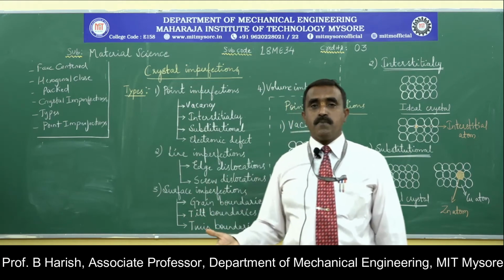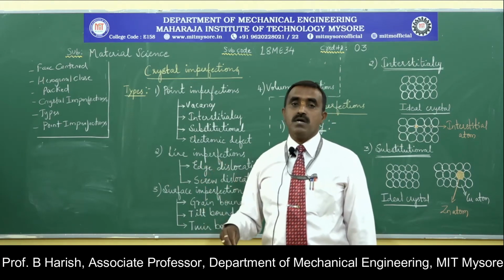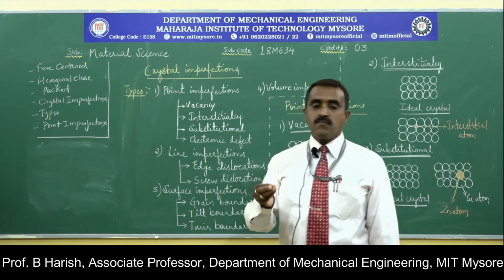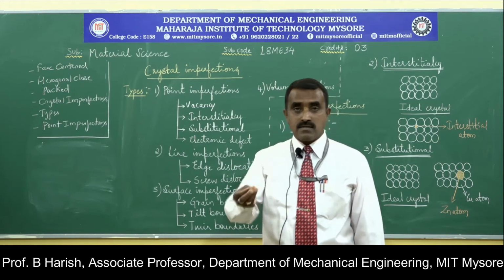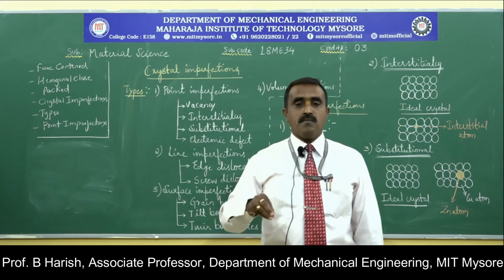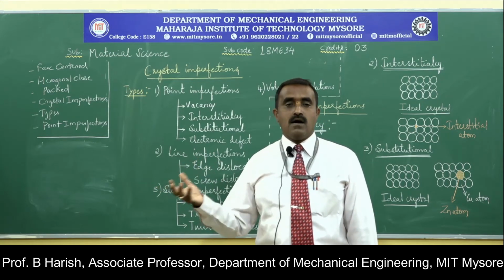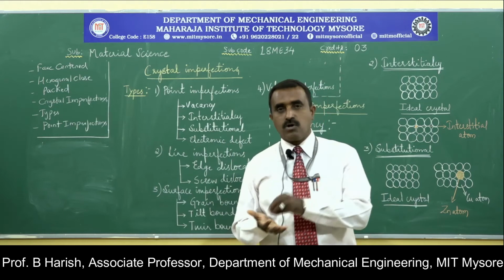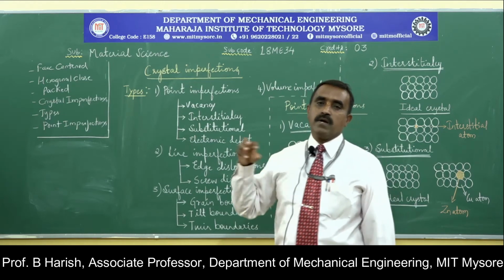Here, point imperfections may be caused by the impurities that are present in the metal, or by one more factor called doping. Impurities: if you take iron, carbon will be present in iron in a small amount. For iron, carbon is an impurity atom, and it has to occupy a place within the iron structure. Similarly, doping is where one element is added to another. For example, nickel is added to copper. In this case, the nickel atom is doped into the copper.